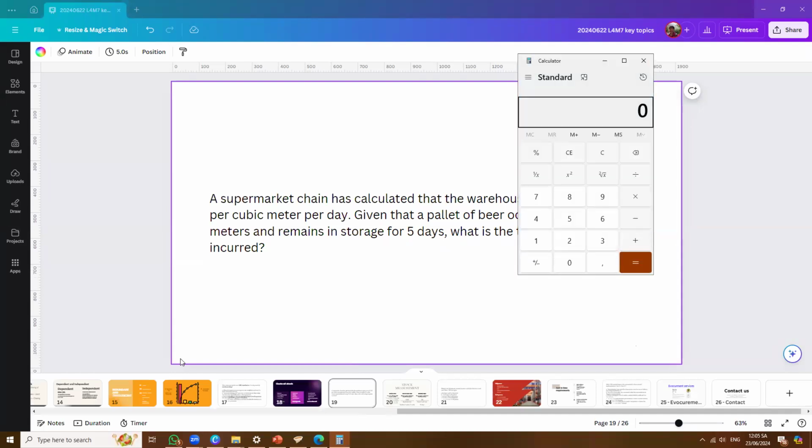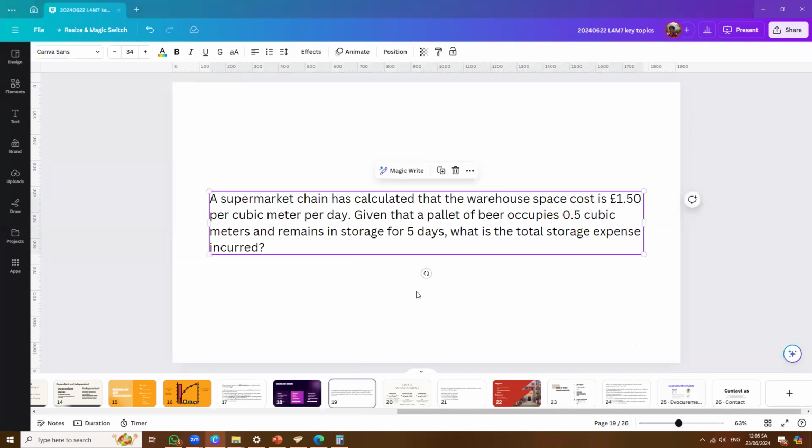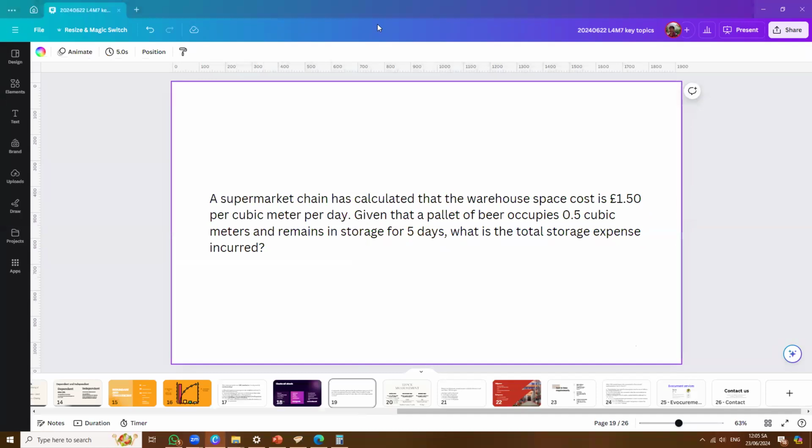Okay, 1.5 multiply with 0.5 multiply with 5. Okay, 3.75. Okay, that is the correct answer. Well done. Okay, so with the holding cost and the space cost, then there could be another question